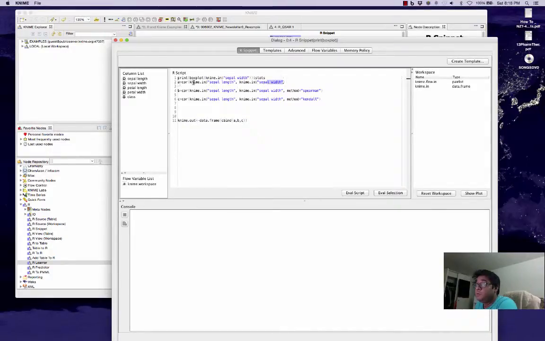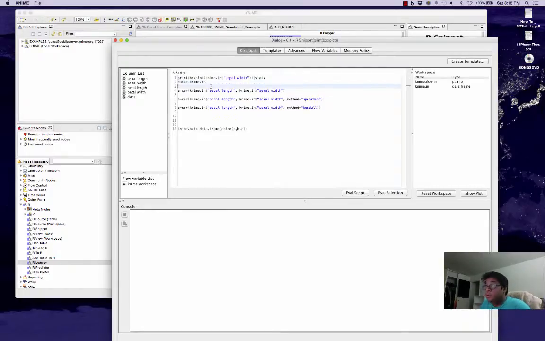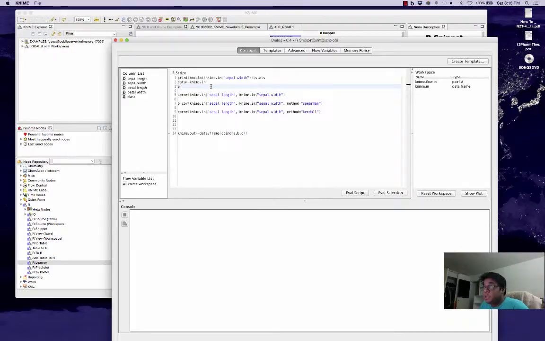So I can type cor on knime.in like that, and you can also see the stats here, and also the methods of different correlation like Spearman and Kendall. Or you can do something like this: data is knime.in, and then you change, say, a1 equals